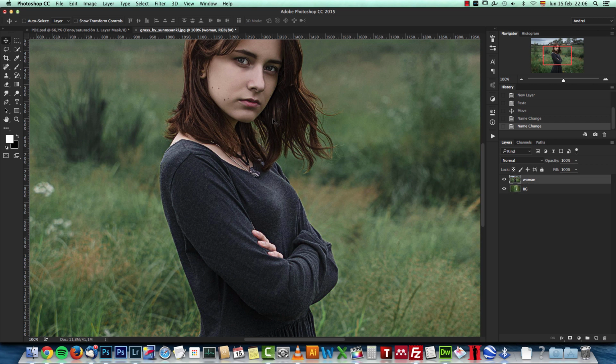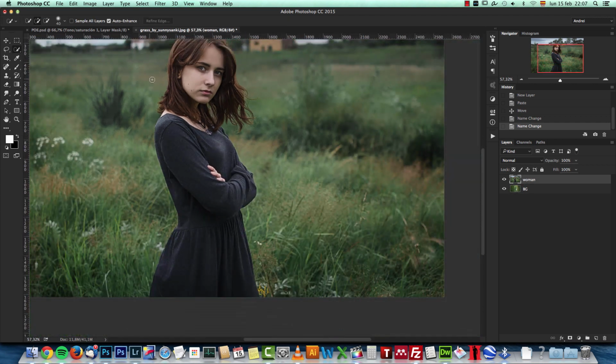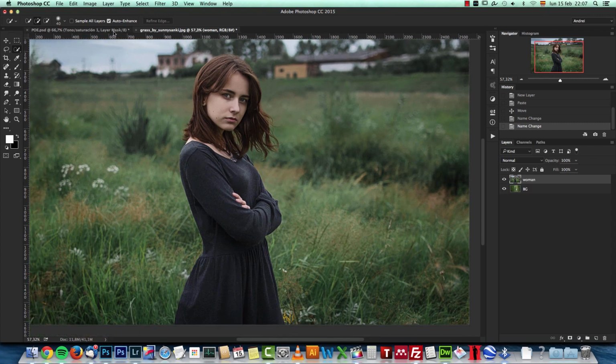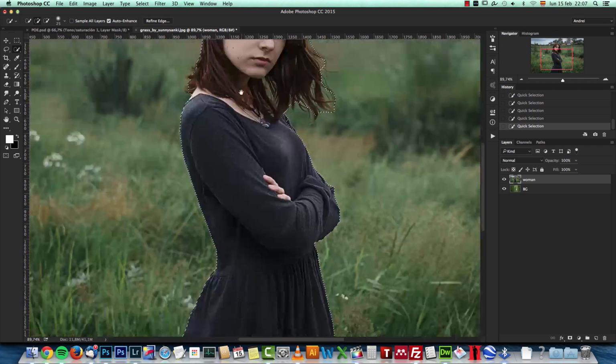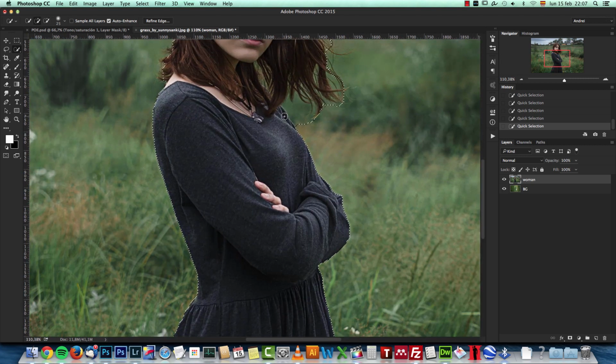and I'll select the woman layer for now, and I just use the quick selection tool to crop her from the background. And the way you do that is you select the quick selection tool and make sure you activate the auto enhance. This will create a more precise selection, and it's as simple as selecting while painting over the woman. This will create our rough selection right here. Don't worry too much about the hair and these areas here. We're gonna refine this in just a second, but make sure you make a pretty close rough selection around here,